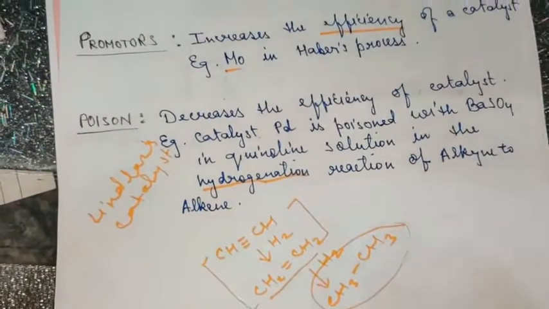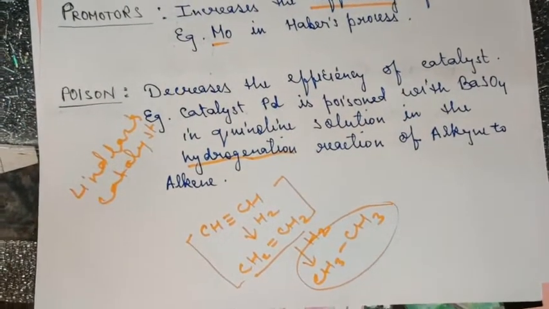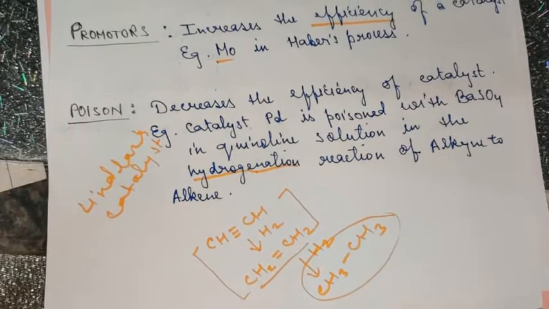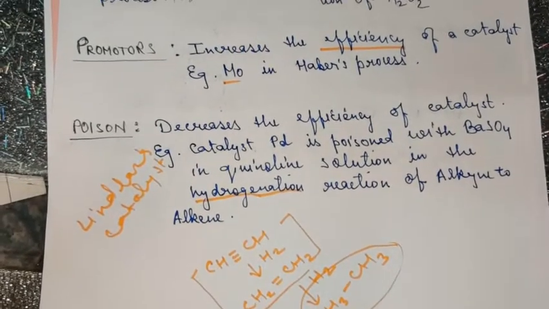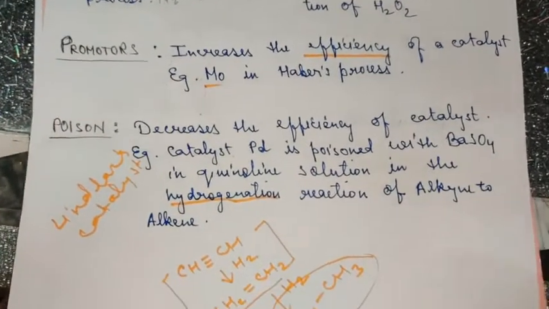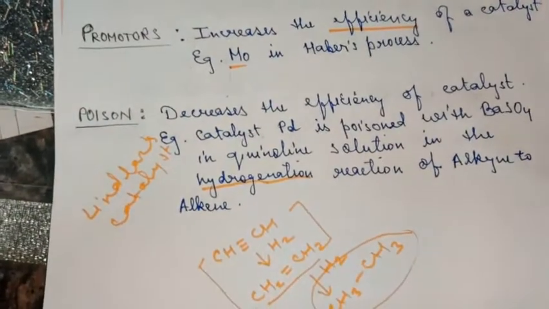Okay, so poisons are also helpful in some of the reactions. We have to use poison because some reactions are non-favorable. In that case, we need to stop certain reactions in between. We need to inhibit the rate of reactions. So in such cases, the negative catalyst or poisons are used.